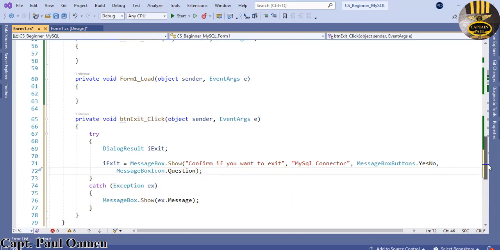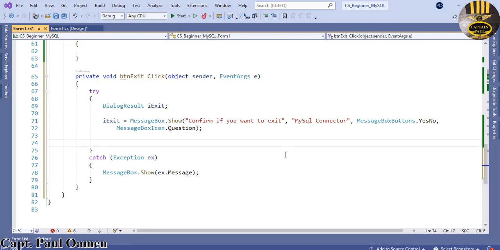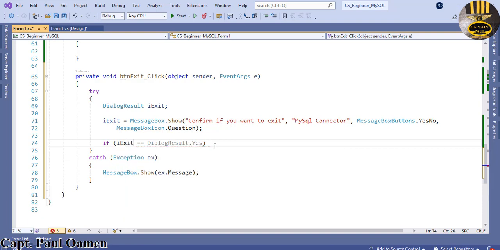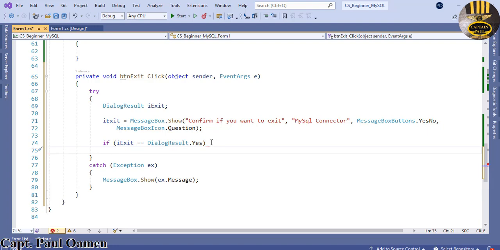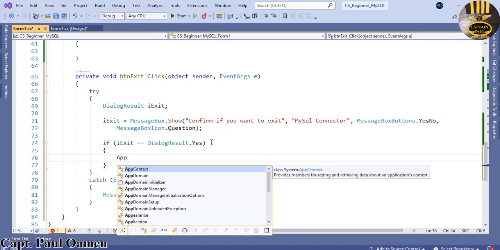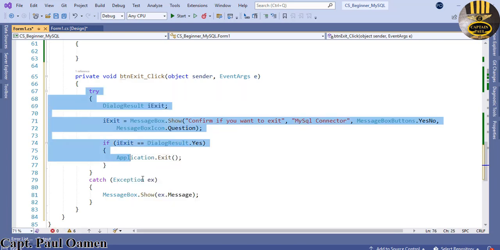Now we want to use a conditional statement to check the selection made by the end user. So we will start by using an if statement. If, open a bracket, I exit, if that equals DialogResult. As you can see, Visual Studio 2022 has actually given me the information I need. So I'm going to press curly braces. If I exit equals DialogResult.Yes, then we want the application to exit, else the application remains within